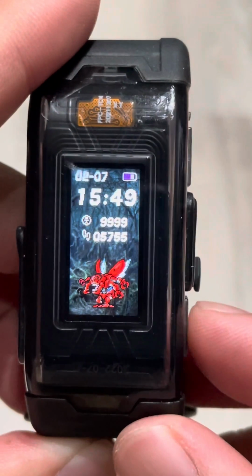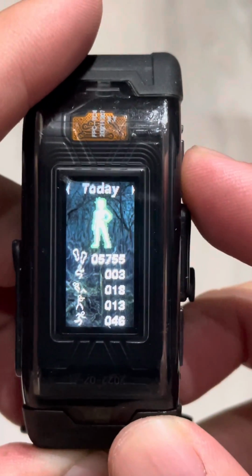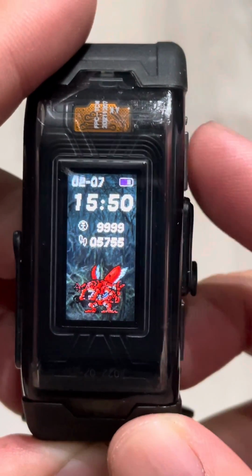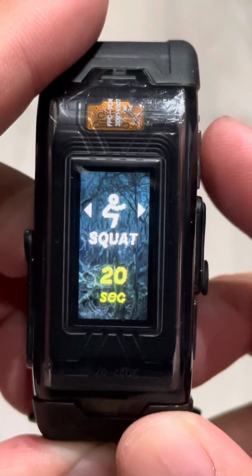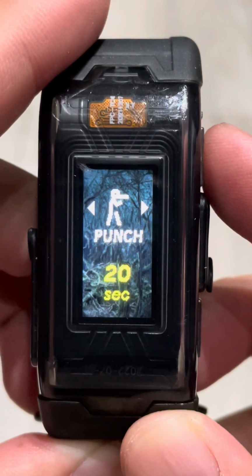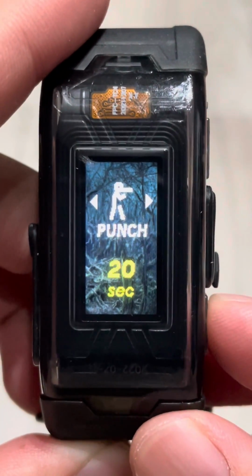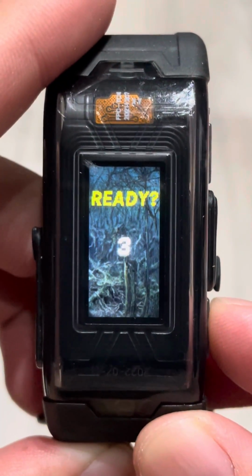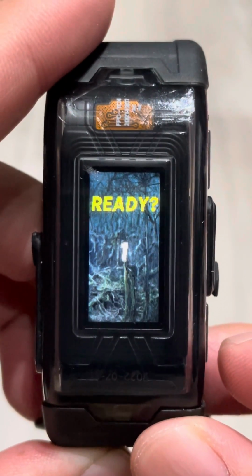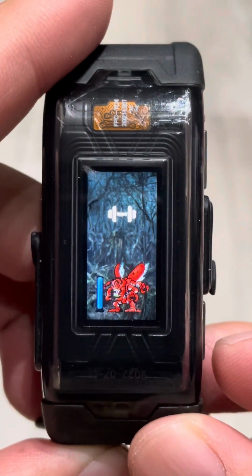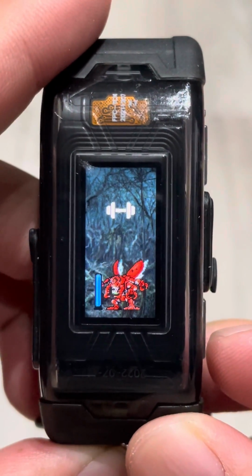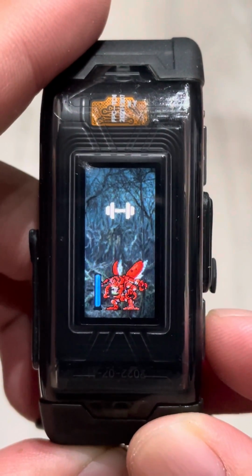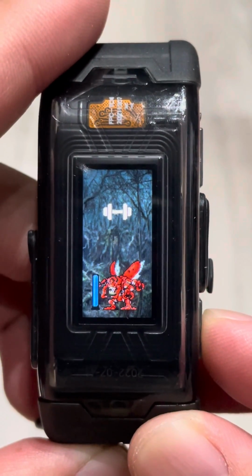Let's wake him up. These buttons though somehow feel a little fragile. A lot of people complaining about the Vital Bracelet BE's buttons also breaking down, but at least they stand to be stronger than the Vital Bracelet. I think the Vital Bracelet broke even easier. Vital Hero also. Alright, this is the punch animation. That's him slashing the punching bag with his Caesar Claw attack. It's punch animation, powerful animation.